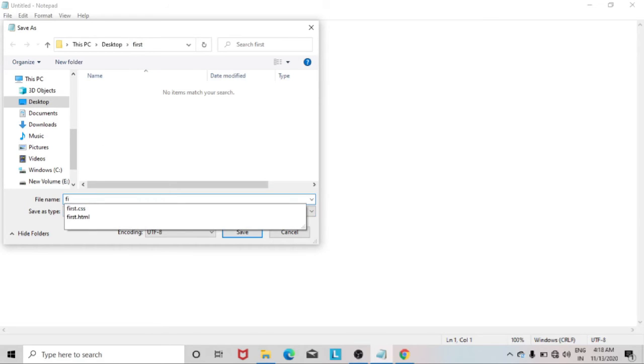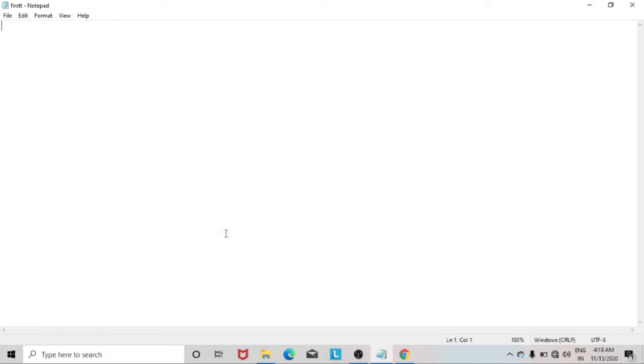Now save it as first .css, and now save it. Now the changes you mention here will appear there. So suppose I'm writing here body, and now I'm setting the background color to red.